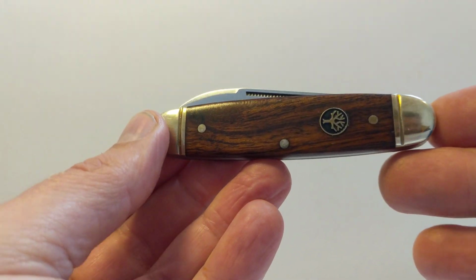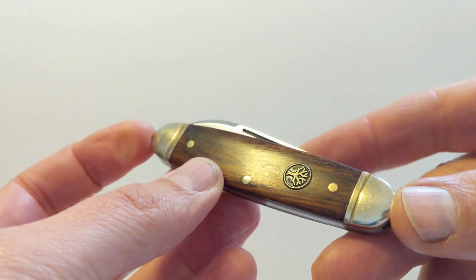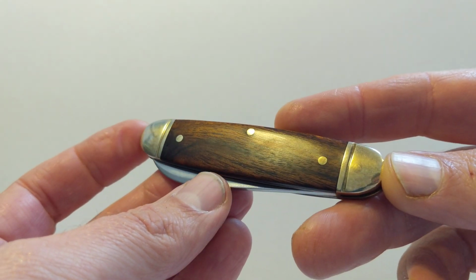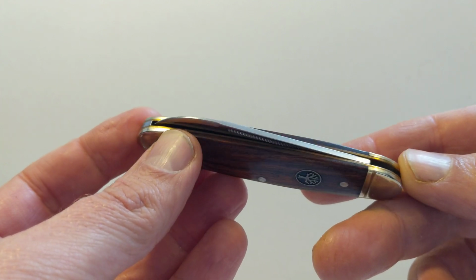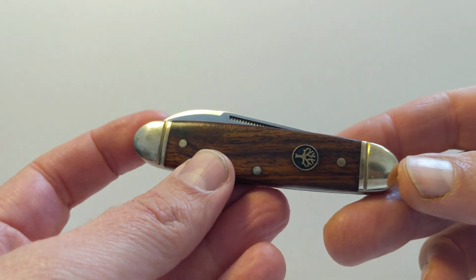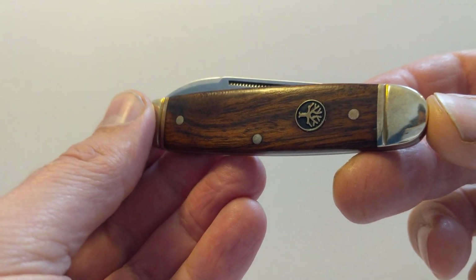little slip joint folding knife, pocket knife, gentleman's knife, very traditional style, quite old-fashioned, and I don't claim to be an expert in these matters, but I do have it in my hands, and it might be nice for me to show you it. If you fancy having a look at it with me, then watch this video and maybe